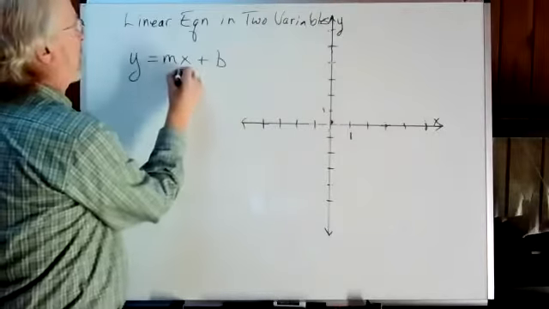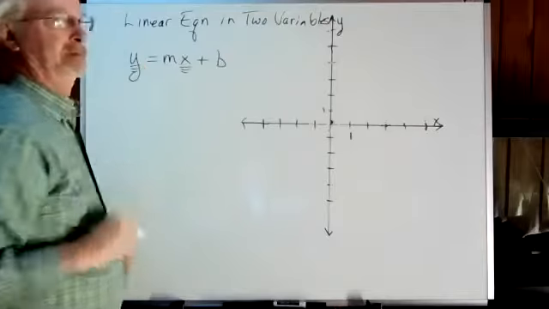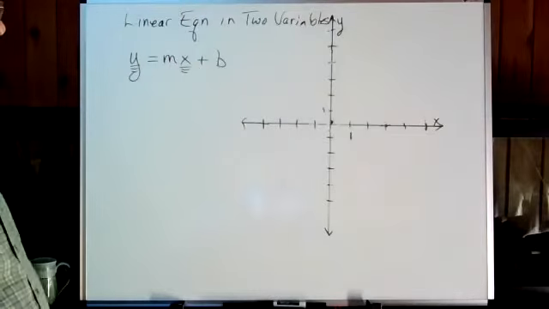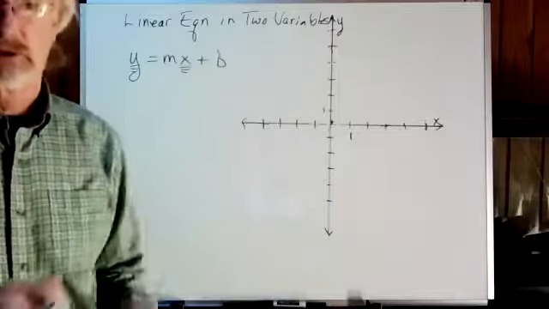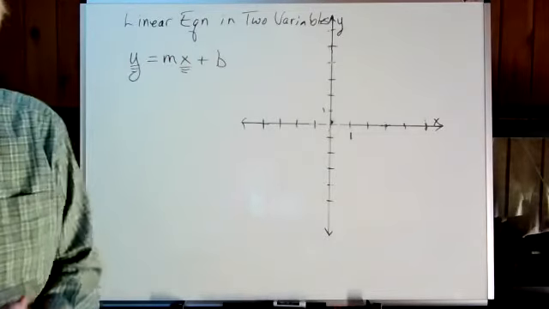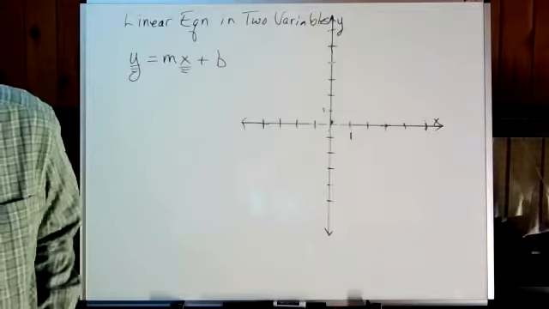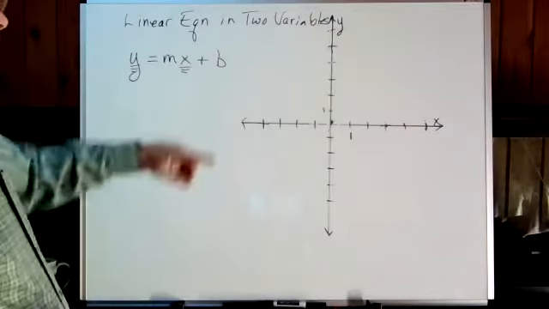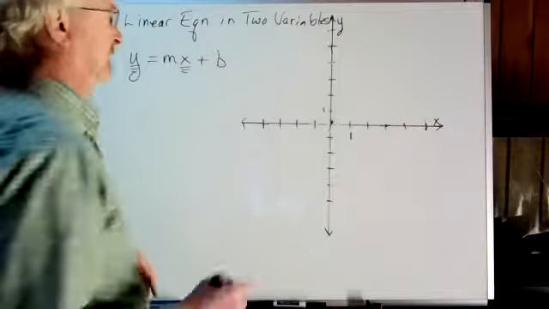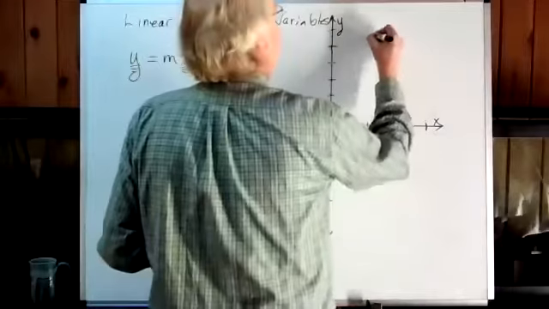Now, the y and the x are the variables that'll be in these problems. M and B are going to be numbers, and they mean things. We'll get there eventually. So there's one typical form for a linear equation. We're getting to, well, why is it a linear equation? And let's see, the other shape